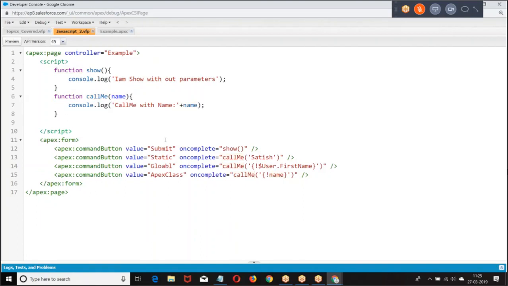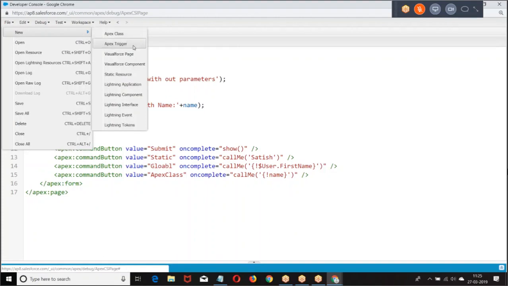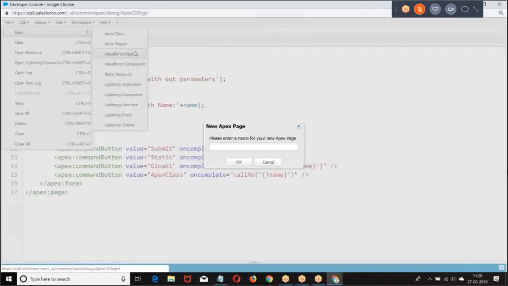Clear for everyone? Okay. Next, the point here is how do you refer to the data which is there in the Visualforce page? Using JavaScript, how do you refer to the data? Listen carefully, this is a main example.